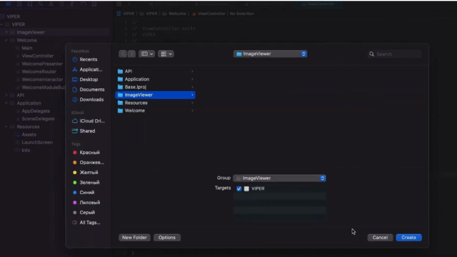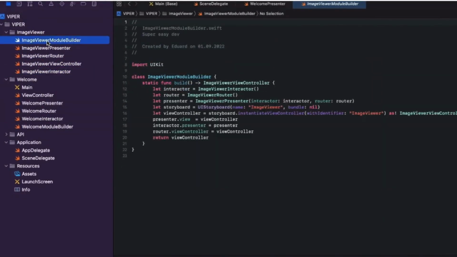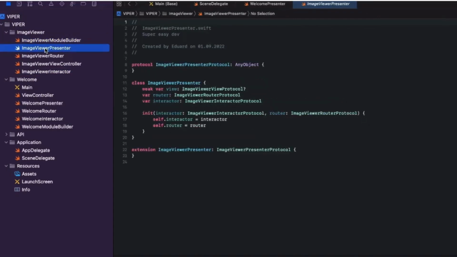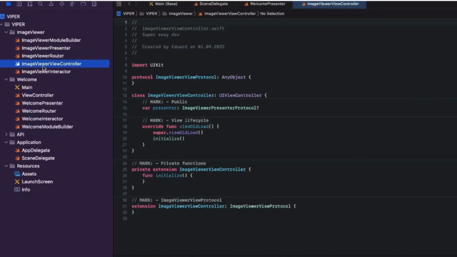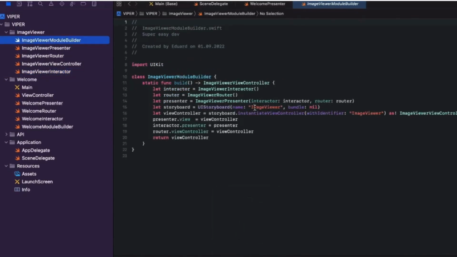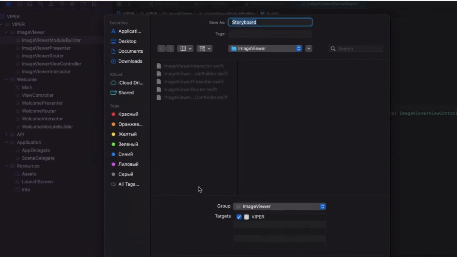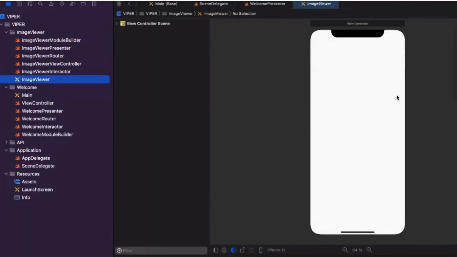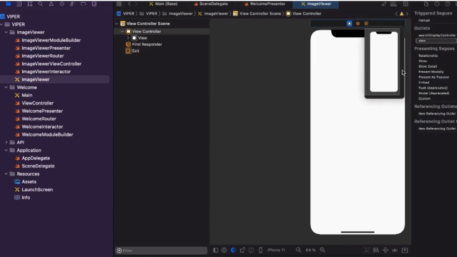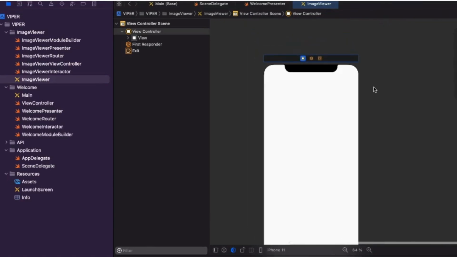by selecting iOS and a VIPER template. Here it will be ImageViewer, and once it is done I am going to create it, selecting a particular location, so that it will go there and be created in the particular root folder. If you see here, this created the image view presenter and the image view router. Then I'm going to create a storyboard as well here. Let's create the image viewer